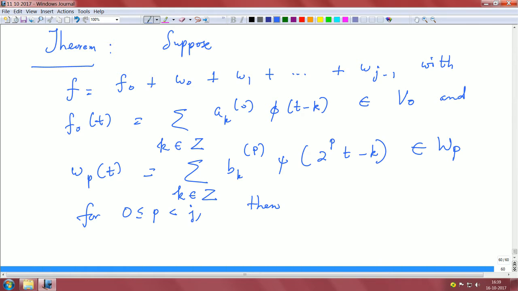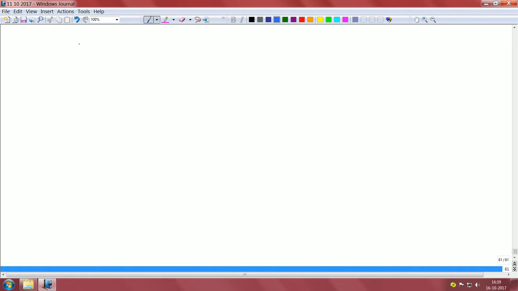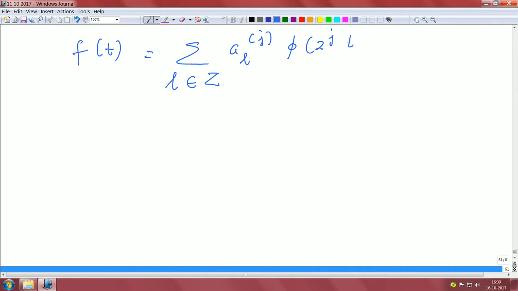Then if this is true, then f of t can be written as summa L belonging to the set of integers AL of j in scale j phi of 2 power j t minus L belonging to the space Vj, where AL of p can be determined